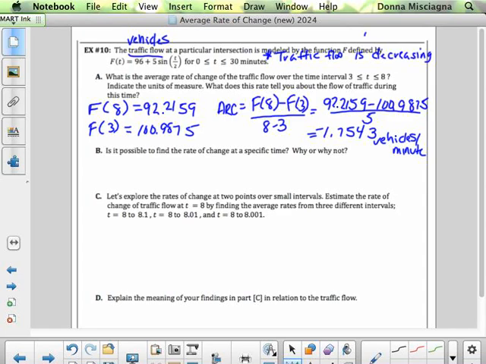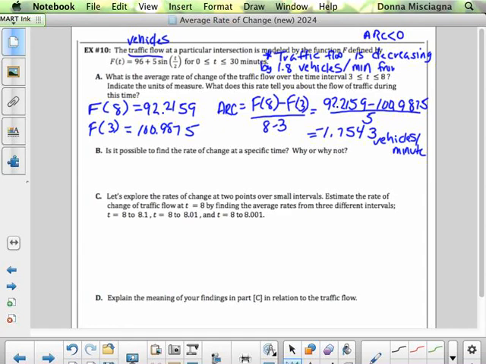Above that, I'm just going to put ARC is negative, to remind you why, by, and we're going to round on this, 1.8 vehicles per minute